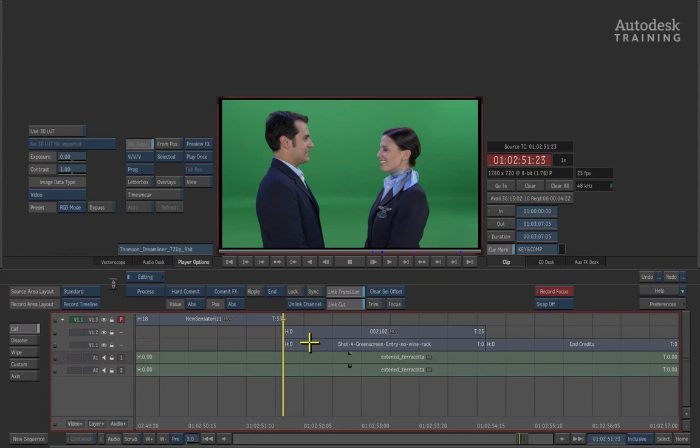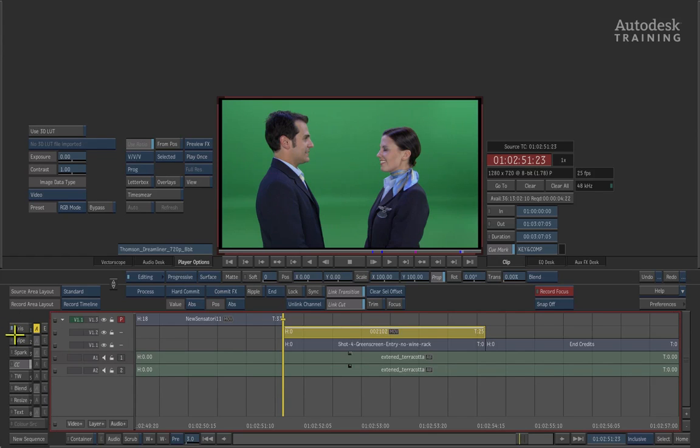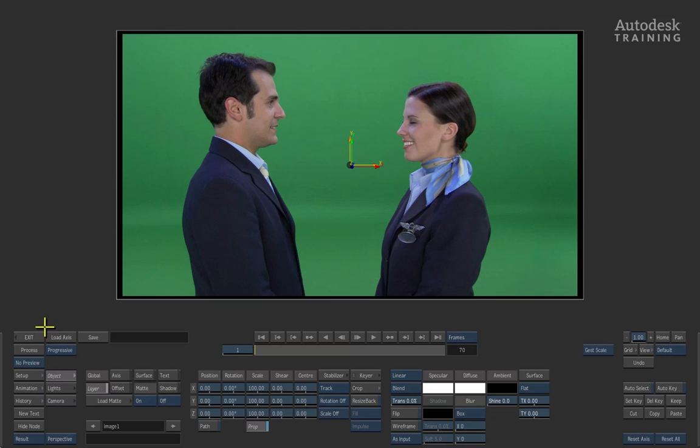To do the green screen, simply select the green screen shot on layer 2, and to the left of the timeline, we will now use a tool called Axis. Once again, click the Axis button and the blue LED will tell us that it has been enabled. And you can also turn off the A button because we do not want to animate it at this point in time. Now let's step into the animation editor, so press the E button and we're now taken into the